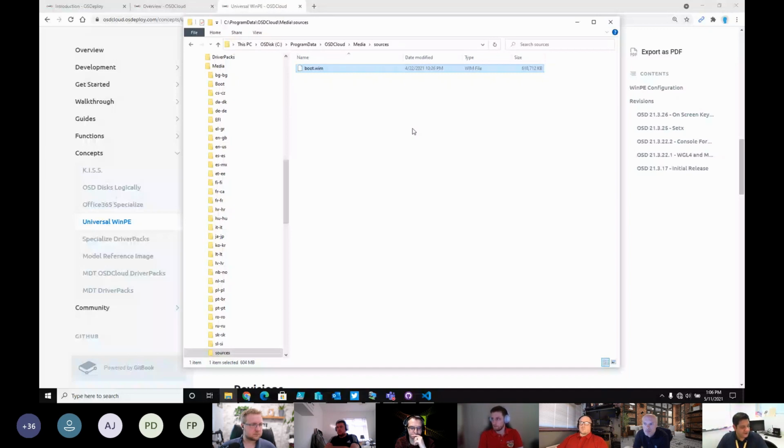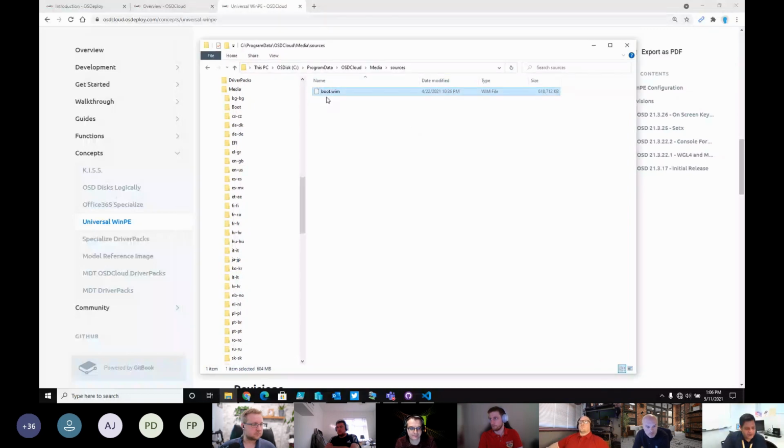And you can actually take this boot WIM and put it so that MDT uses it. You can use this as your Configuration Manager boot WIM. And that's why there's a template. It's more or less a WinPE that's not modified.